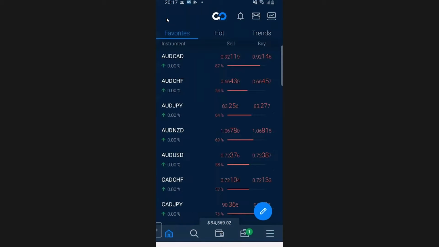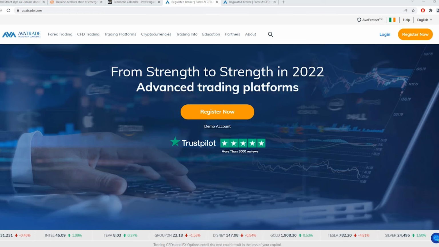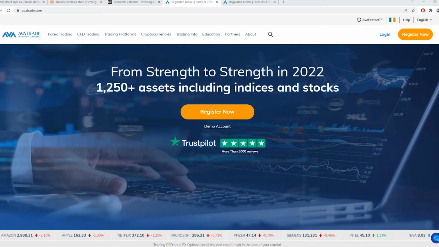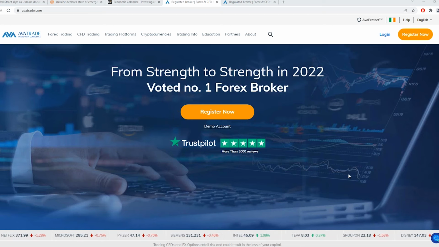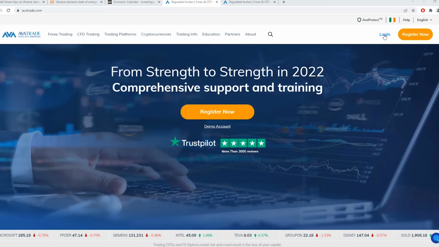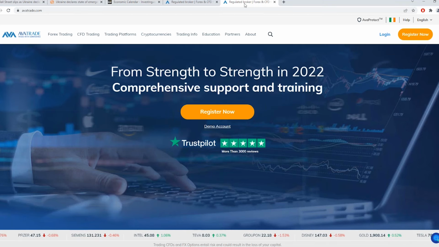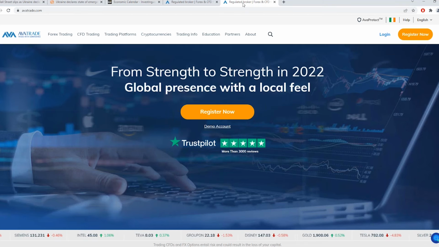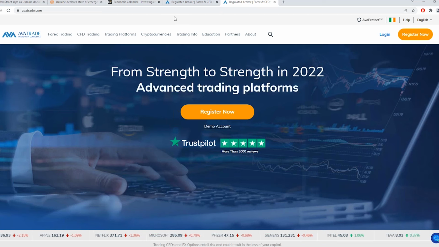We'll get out of the app. And let's go to the full screen web trader platform, which has the same features I was just showing you, but on a full screen. So if you like to trade rather than from a mobile, if you like to trade instead on the full screen, then you log in here. Log in from the main website, and you should be on our web trader platform. It might have signed me out because I left it sit for a while, which is a safety feature, by the way. It's good that it logs you out if you're not actually using it. That way someone else wouldn't stumble upon your account already logged in.